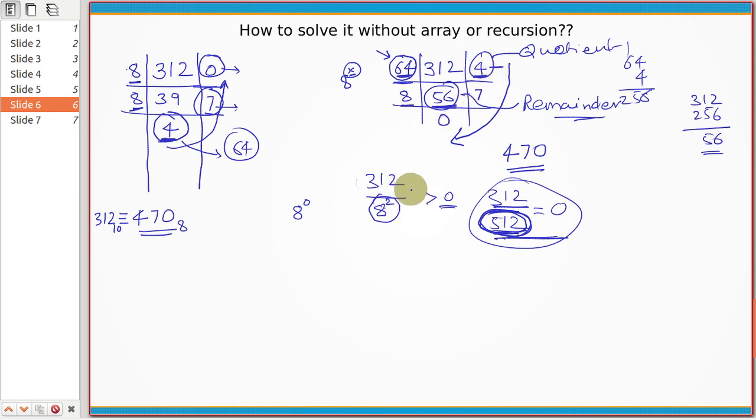And so the answer of this integer division would be 4, right? And what is this 56? If I do 312 modulo 8 raised to 2, then I will get 56. Basically, this is the remainder after creating 4 boxes, right? So that I write here. This must always be less than this number. And what should this number be? Whatever your base was.